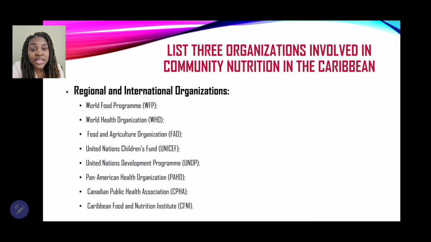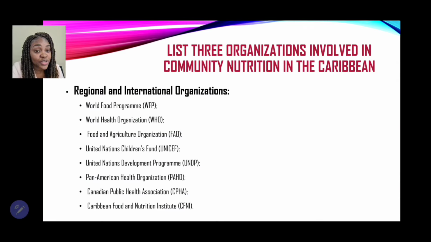Now, very important, guys. For example, if you write World Health Organization and you just write down the acronym WHO, or you write FAO, or PAHO, just the acronyms, you are not going to get your full marks. So please write out the acronyms, write out the full meaning for these organizations, write their full names,